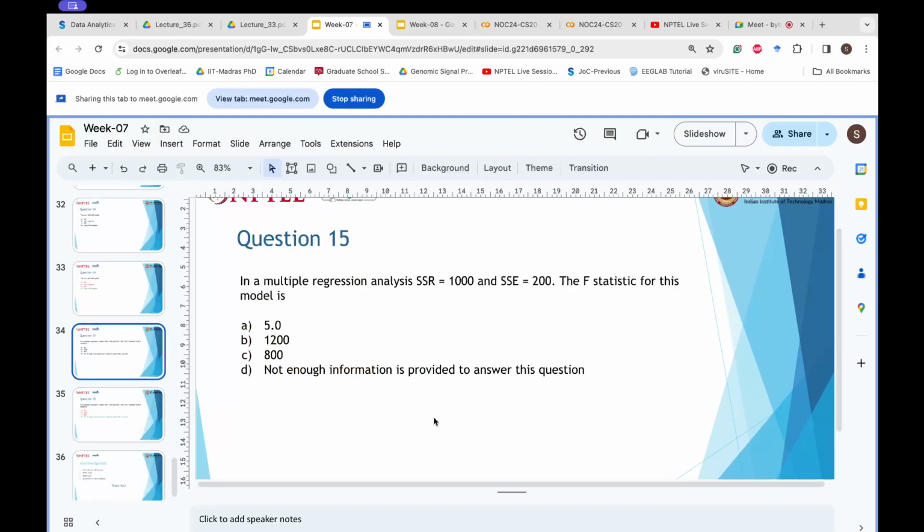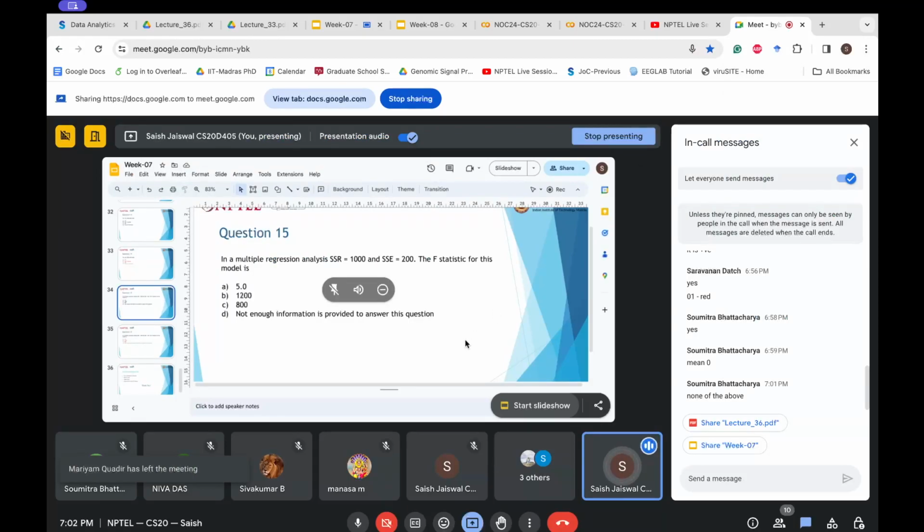Okay, in a multiple regression analysis, SSR is equal to 1000, SSE is equal to 200. The F statistic for this model will be